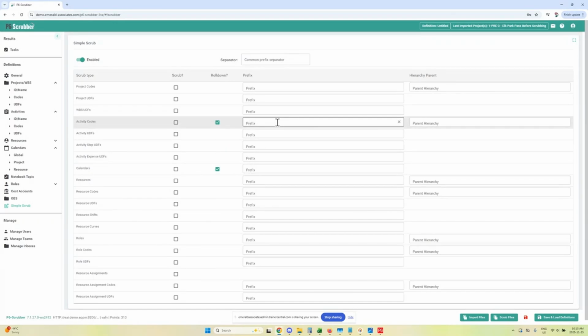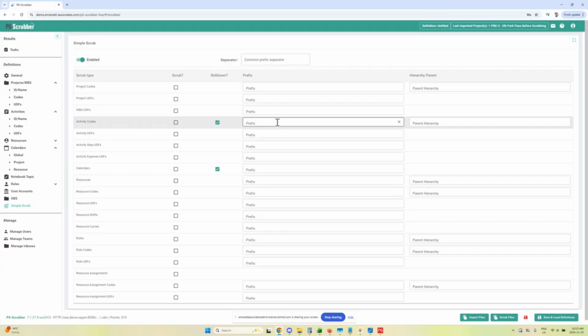What this prefix section allows you to do is, again, say you have some codes from your contractor coming in. Maybe you don't want to delete them. They could contain useful information, but you also want to make sure that those codes are not going to interfere with any codes currently existing in your dictionary. Say, for example, there's a division code. You know that you already have a division code that you're using yourself, but say your contractors might also have a division code. If a code has the exact same name in P6, P6 isn't going to identify that those are two different